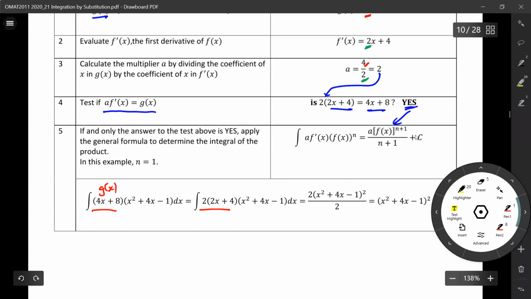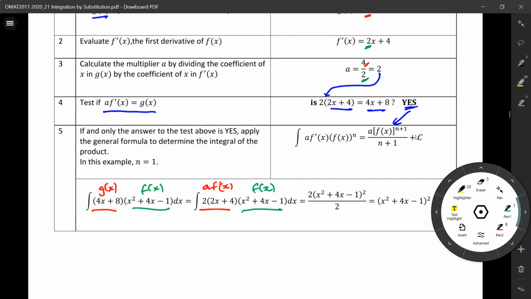And that can be replaced with a times f prime(x). The function is the function f(x). So once this condition holds, that we're dealing with a times the first derivative of f(x) times f(x), then we can say that that is equal to a times f(x)